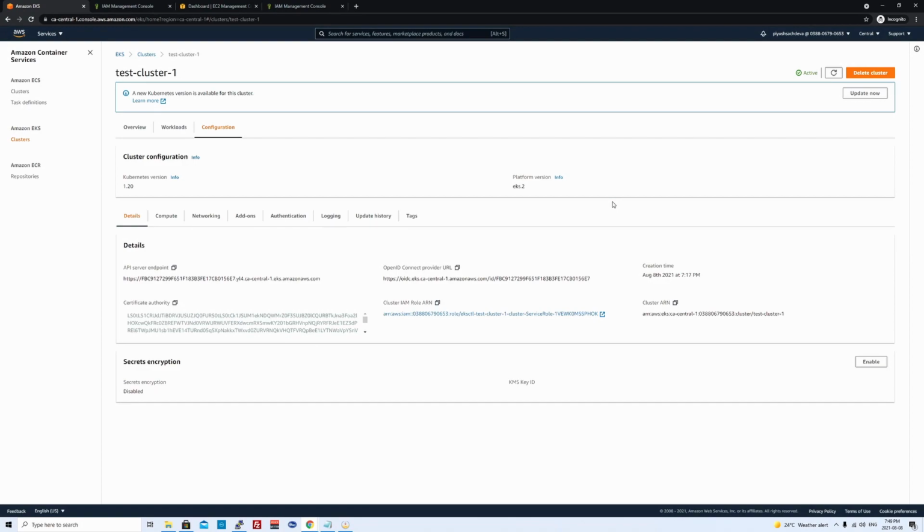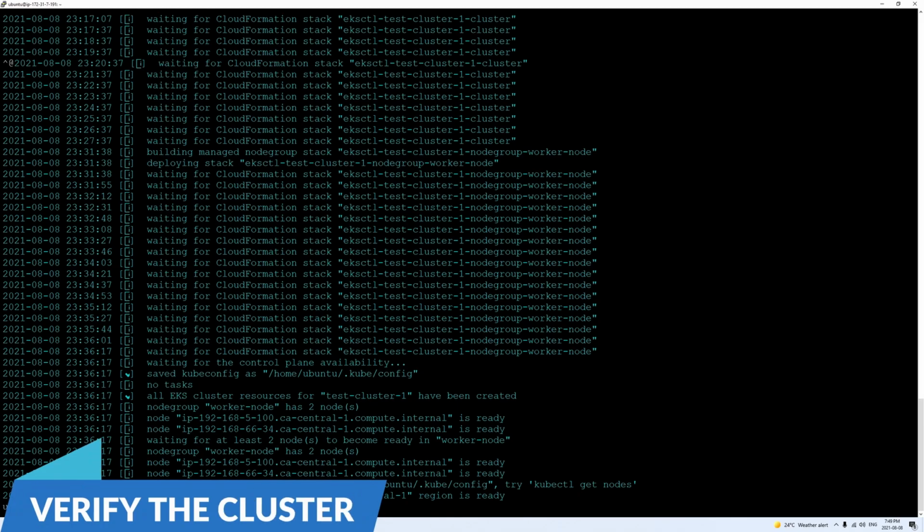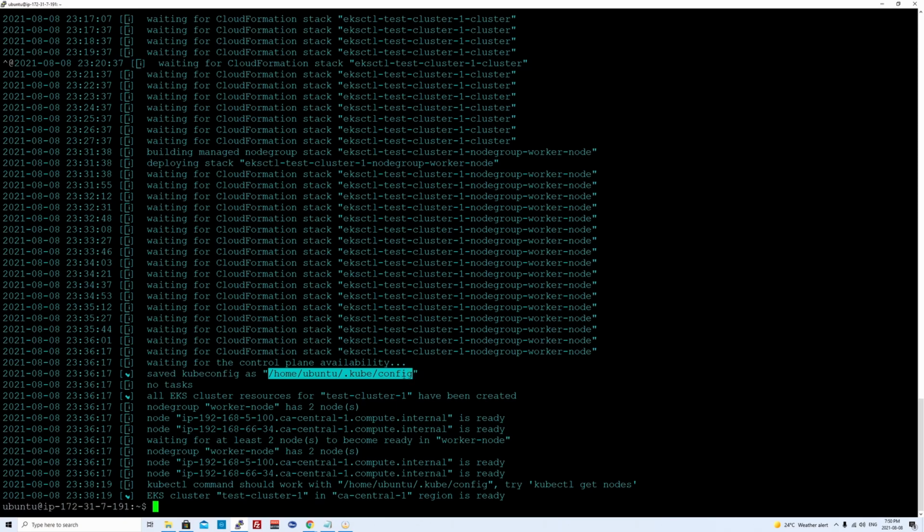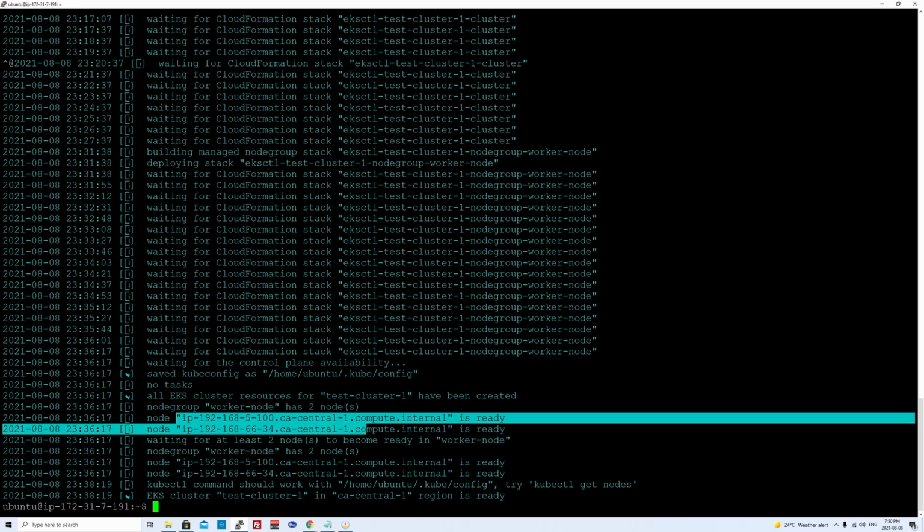All right, after waiting around 10 to 15 minutes, I can see my cluster is now being created and it's showing as active. I see all the server endpoints and all the URLs have been populated over here along with the cluster IAM role, which is like what we have configured manually when we created it via console. So all the different components that we created with the console have now been auto provisioned for us with that CloudFormation stack. And if we see over here, the output of our eksctl utility, it also created the kubeconfig file. This is what we have configured manually, and it created two worker nodes.